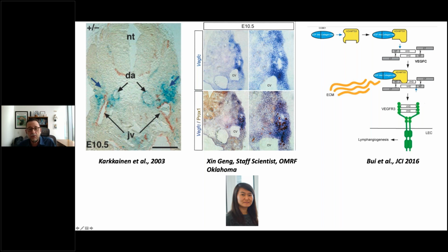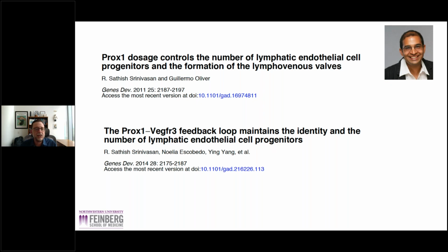But this is even more complicated because VEGF-C, to be active, needs to be proteolytically processed, as shown by Alitalo and Mark Kahn's lab. You have these proteins, ADAMTS3 and CCBE1, that really cleave and activate VEGF-C. So this is another fascinating question. How is this precise budding regulated and controlled? Anyhow, just to figure out why the vein doesn't basically implode and disintegrate, how do we control the number of progenitors? Again, this was shown in the lab, and all this is published,